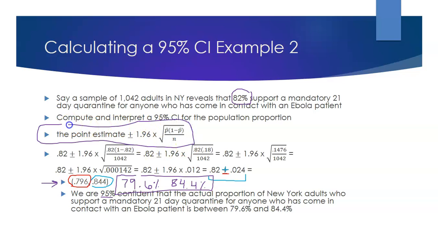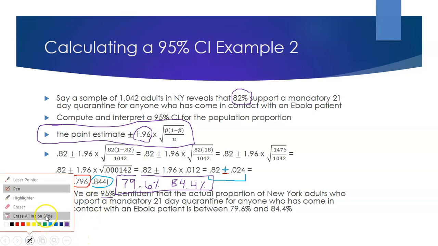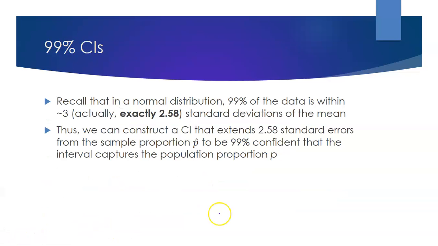So the next example that we're going to go over is a 99% confidence interval. The only thing that differs in a 99% confidence interval or any confidence interval is this value. That's the only value that's going to change. Okay, so I'll show you that here. So for a 99% confidence interval, instead of using the value of 1.96, which corresponds to